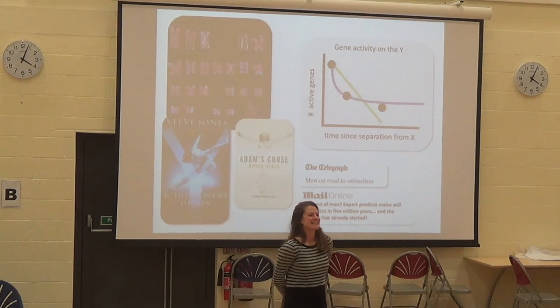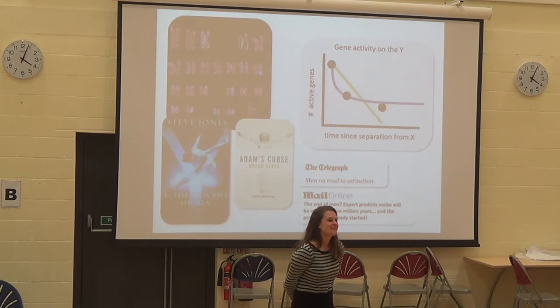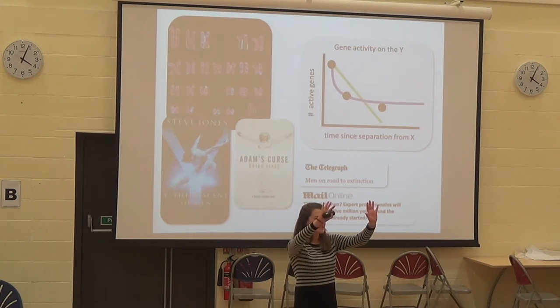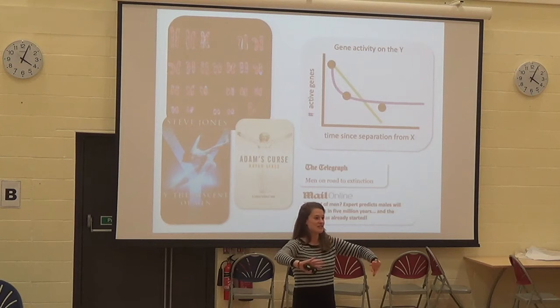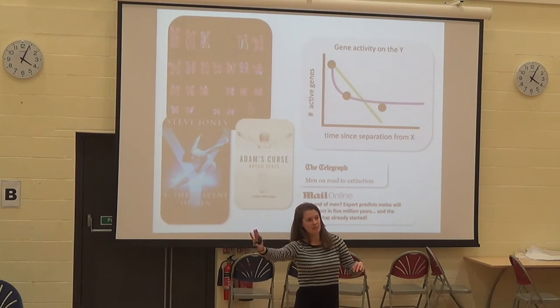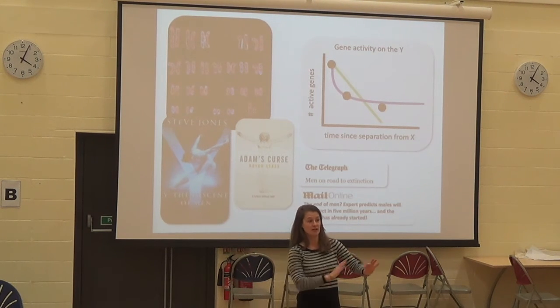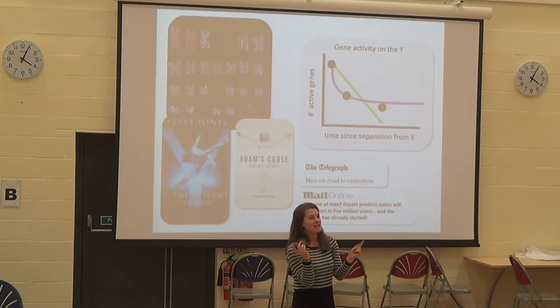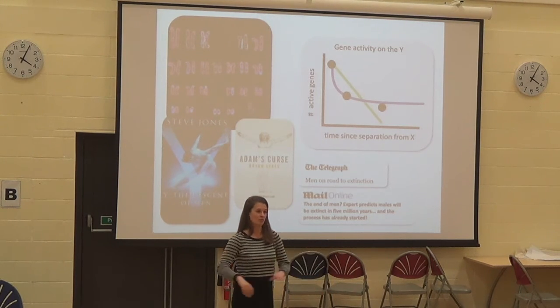Brilliant. Yes? So would the same genes on the Y chromosome be on the X chromosome as well? So could we change the X chromosome to replicate the Y? So some genes that are on the Y could be similar to the X chromosome, but because they've been separate for such a long period of time, like millions of years, they're kind of evolving to do their own thing. So the idea is that the Y evolves to be important for male function because it's only ever present in males. And actually there's a lot of theory suggesting that the X should be really important for female fitness because it's more often in females than it is in males. So again, it kind of varies, but some genes will be more similar, but other genes have completely evolved their own functions.